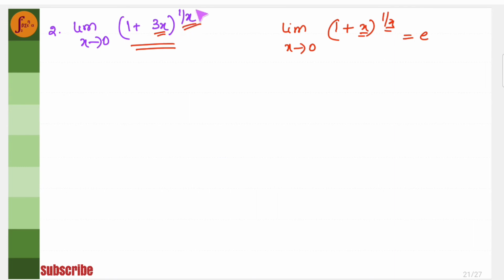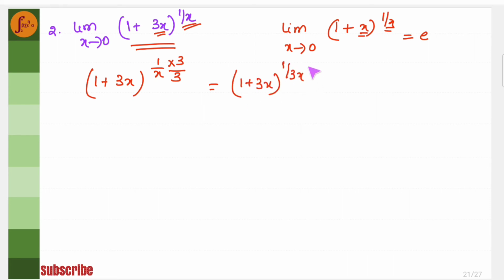How do we bring in 3 here? Again the same approach: multiply and divide by 3. So we will do this: (1 plus 3x) to the power 1 by x into 3 by 3. So what's going to happen? We're going to get 1 by 3x, and then we are going to be left with 3. We take this 3 outside, and then put 1 by 3x inside. Now this whole thing we can apply a theorem to, so this whole thing is going to be e, and then we have 3 here,